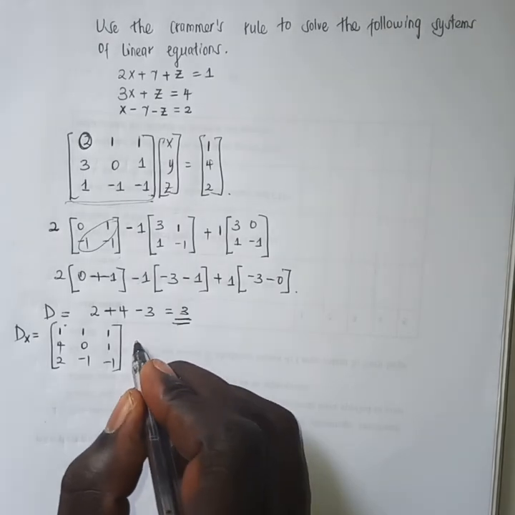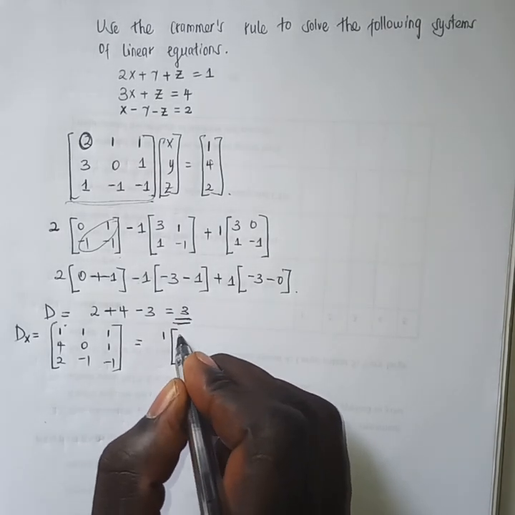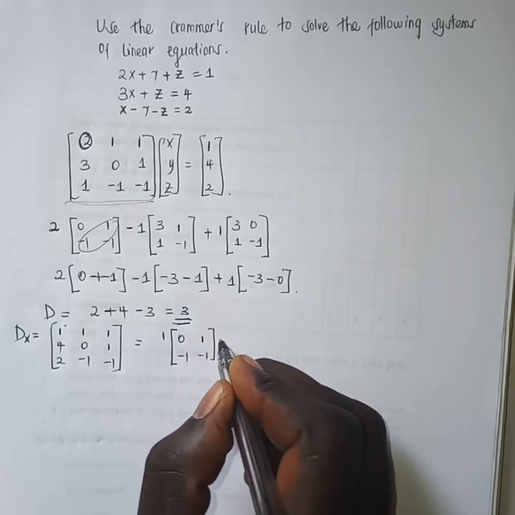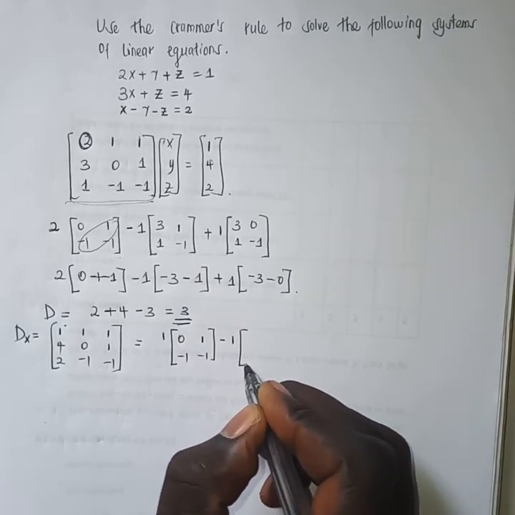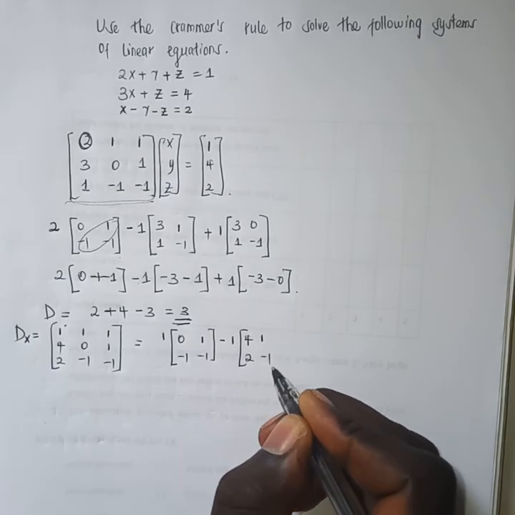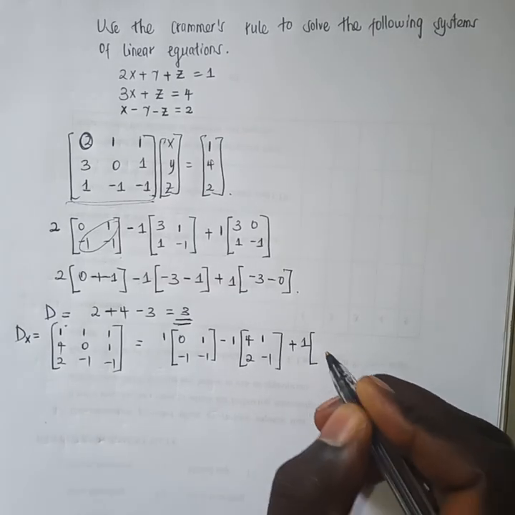So we'll be having 1 into 0, -1, 1, -1, subtracted 1 into 4, 1, 2, -1, added 1 into